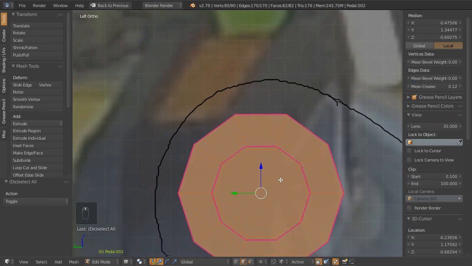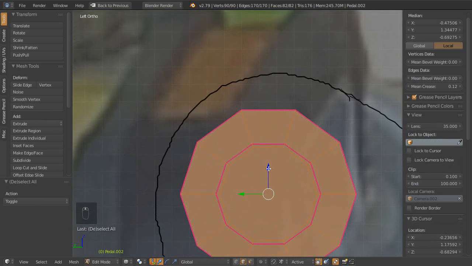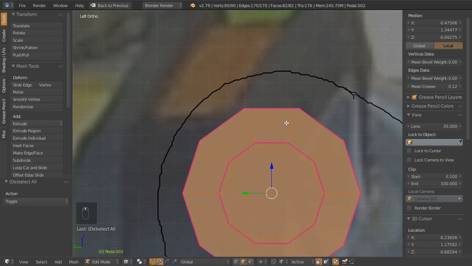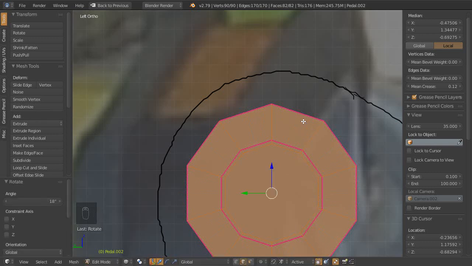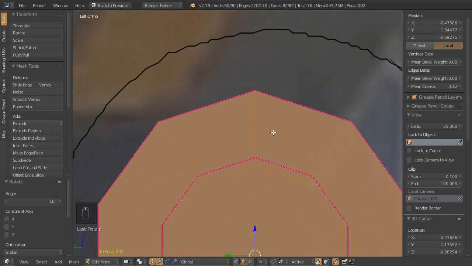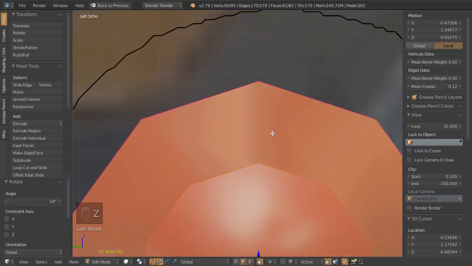Well, what would be 18 degrees? Is that right? I don't know. Rotate, we'll see right now. Rotate 18. Looks right. I don't know. Z,